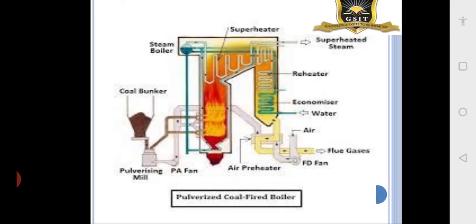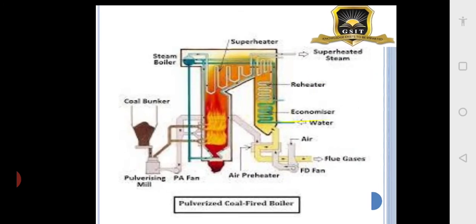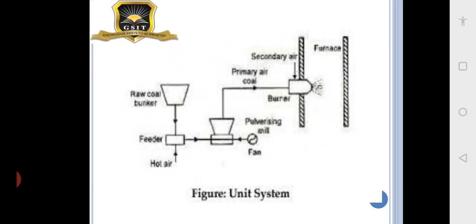You can download some videos, nice videos will be available about these power plants. Different people have got different designs, but the concepts are almost similar. Now we will see, so far we have discussed about this lumped coal burning. Now we will see the pulverizing of the coal. Because as I told, for high capacity steam generation, high capacity power plants of 100 megawatt and above, they don't have this lumped coal. They use pulverized coal.